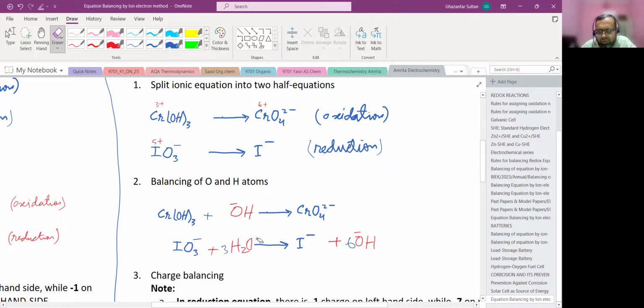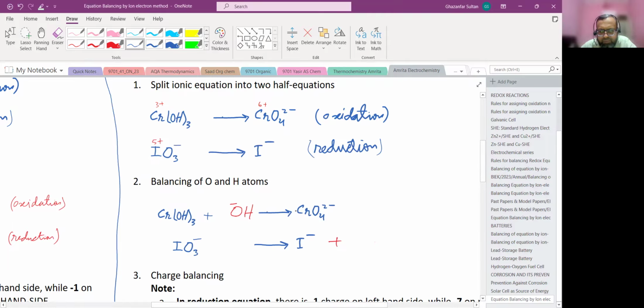Now see, on both sides, oxygen is 4. So if the oxygen atoms are the same, it's okay. But what to do with the hydroxide ions? Hydrogen of the hydroxide and hydrogen of the chromium hydroxide, so there are 4 hydrogen atoms. So if we are adding